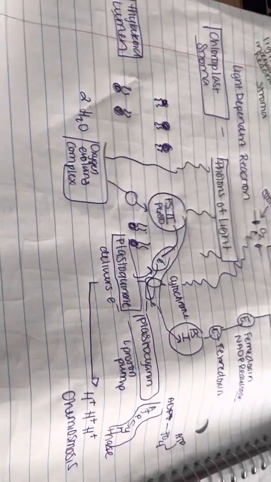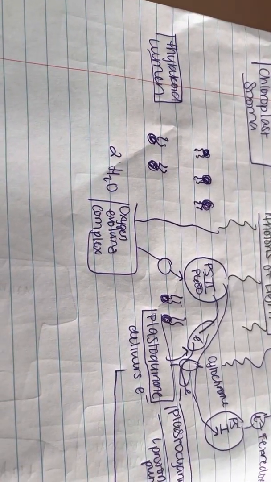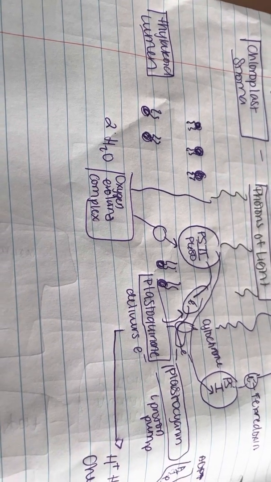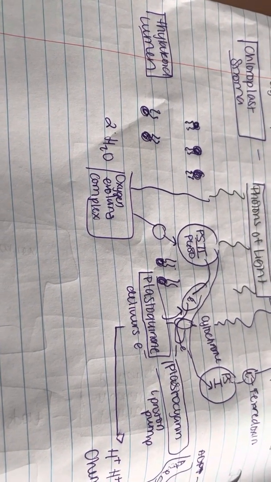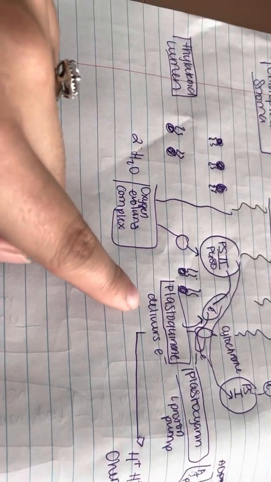So the first part of the chain, they'll start off with photosystem 2. So basically the electron will go down the electron transport chain, which is basically going from high energy to low energy, and it kind of reduces through every step, and it's transported to the plastoquinone, which also delivers electrons to